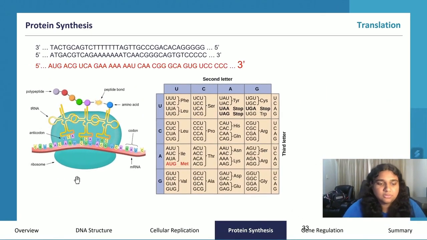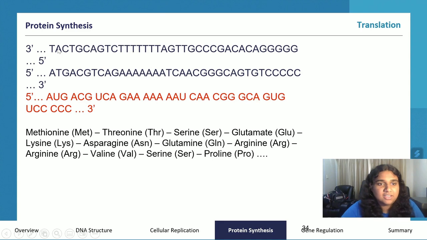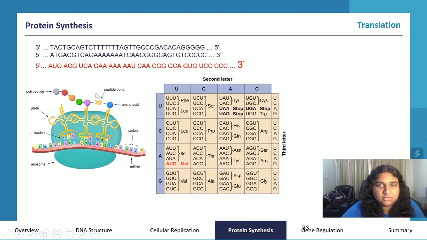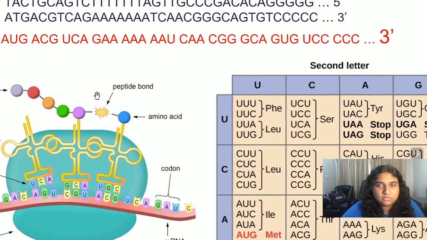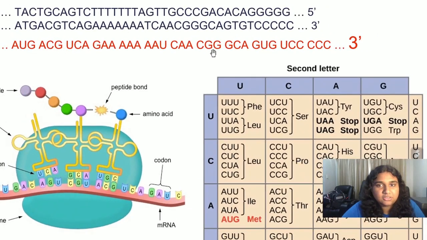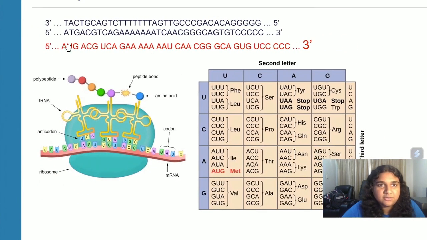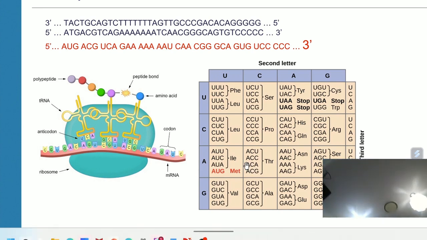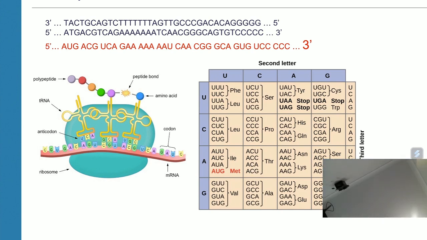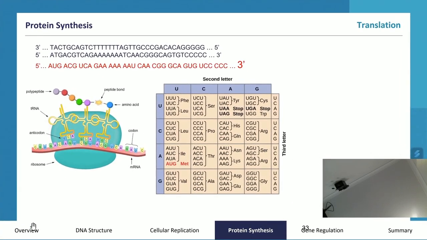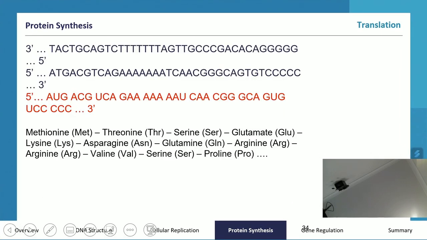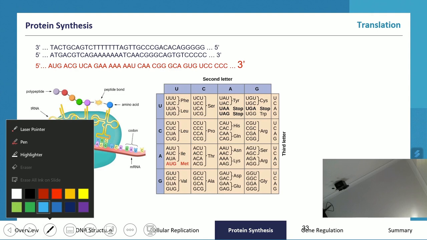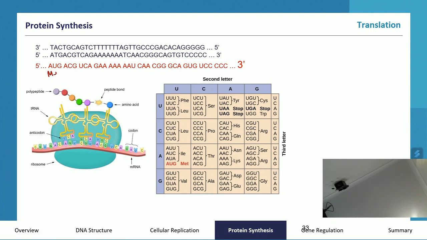So after that, each of these codons will be read into an amino acid. So for example, AUG right here is our MET. I'm just going to translate it with you guys. The answer is on the next slide if you want to move forward, but I have AUG, which is MET,